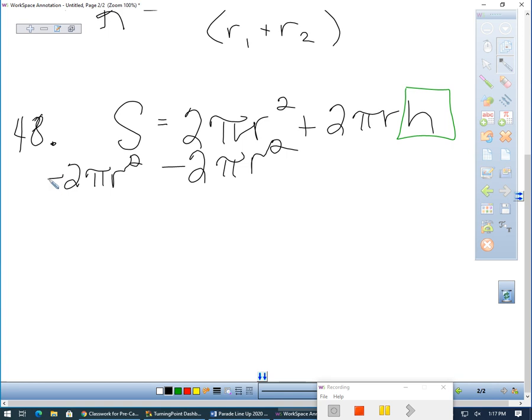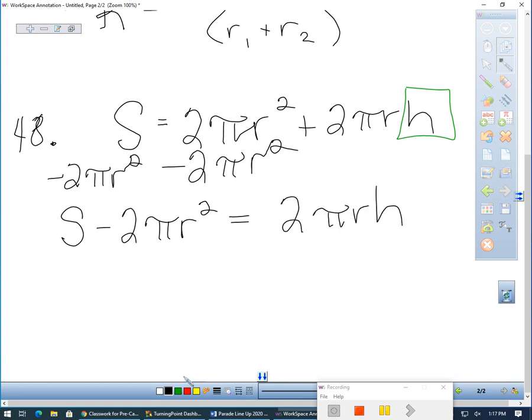Can S and negative 2 pi r squared, are those like terms? No, so I've got to write them separate. S minus 2 pi r squared equals, we still have left, 2 pi r h. Now, since we're trying to get h by itself, and 2 pi and r are all multiplying h, what's the opposite? Divide by 2